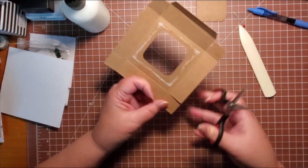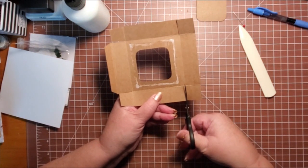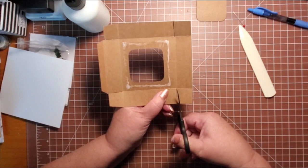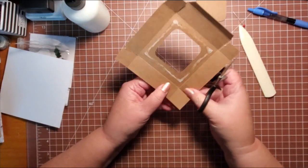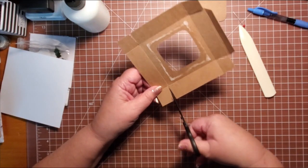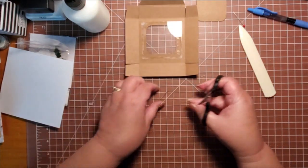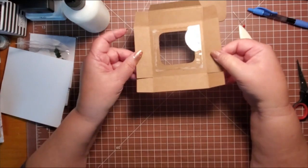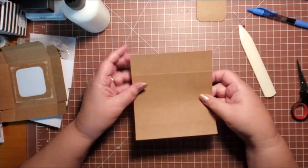And now we're going to just cut our flaps that we're going to use our tabs to put our box together. We'll cut these in. And on this little tiny part down here, the tab part, we're going to make just a tiny bit of a wedge cut again, just to make sure everything is going to go together without having any bunching or binding. Okay, I'm going to set that aside to dry, and then we're going to take the other piece here,